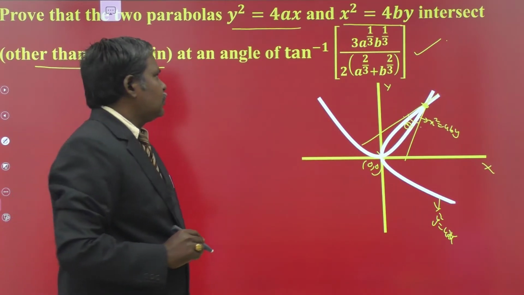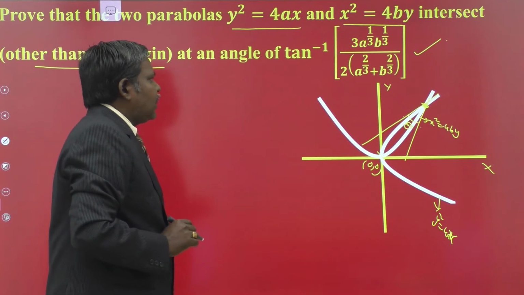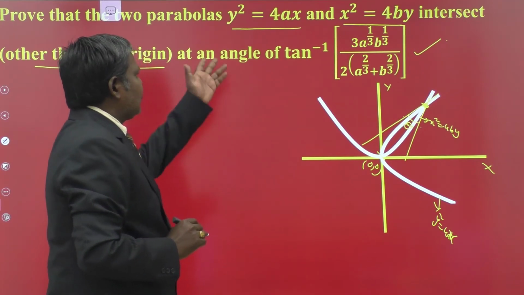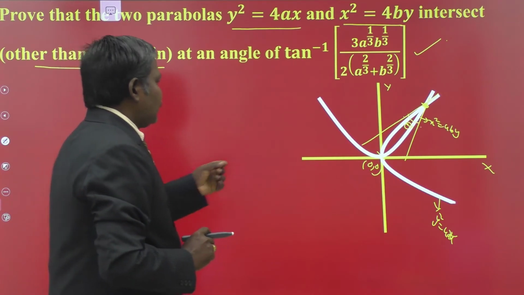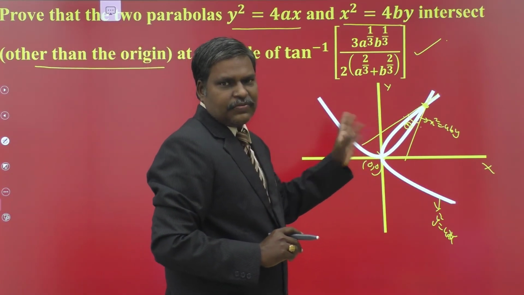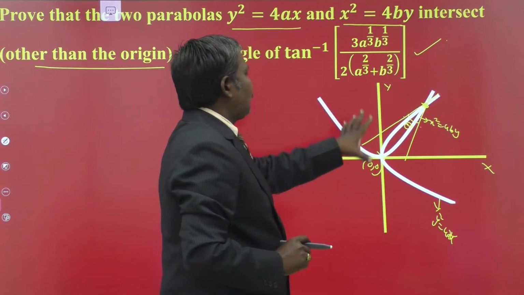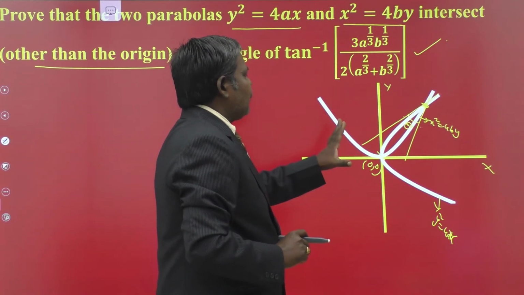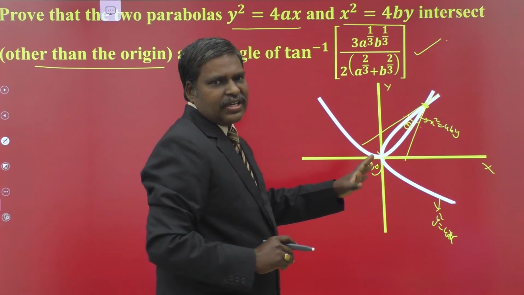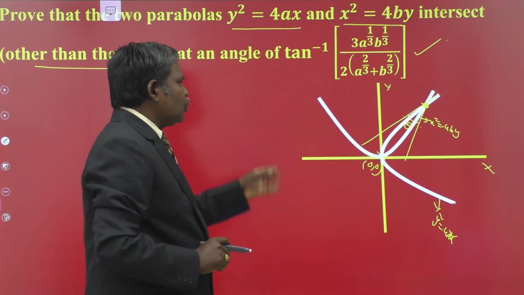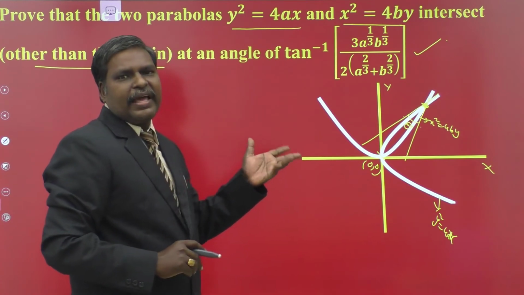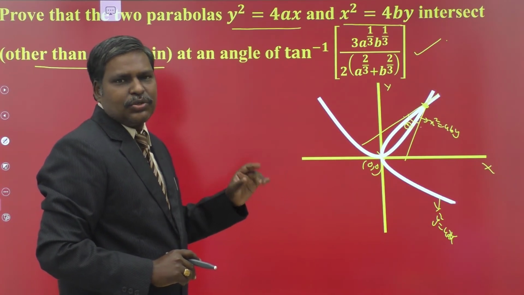That is your target. The entire problem is nothing but the calculus method. There is nothing in the geometry itself. You have to find the point of intersection. This is the first year concept actually. Find the point of intersection, then find the slope of tangents at their point of intersection by substituting the point in dy by dx. You get two slopes and then immediately find the angle between them. The entire process you know very well.